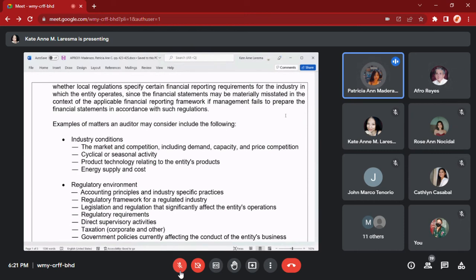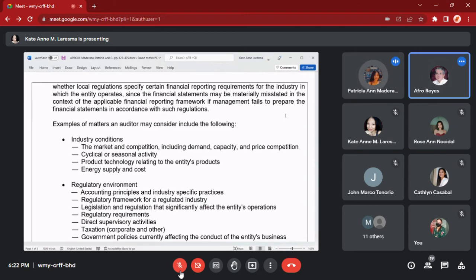Kumbaga, it's not just all about the financial reporting but also observing the rules po and local practice to ensure the integrity, safety, and ethical behavior po ng business or yung entity po na ino-audit ni auditor. Examples of matters an auditor may consider include the following: industry conditions, the market and competition, including the capacity and